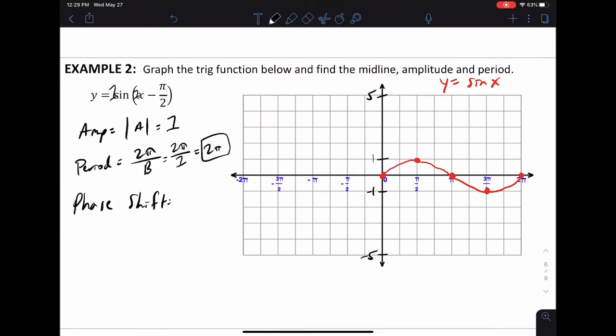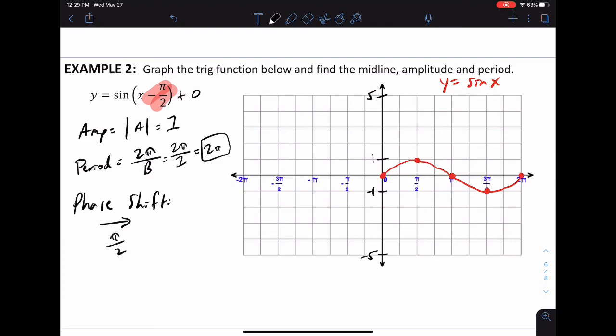This one, though, where we have some differences, is this one has a phase shift. How do we know that? Because right here, it's got a C. It doesn't have a D. This one doesn't have a D, so it's plus 0 in the end. So it's not going to move up or down. But that minus means it's going to move right